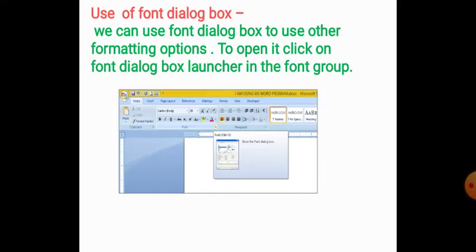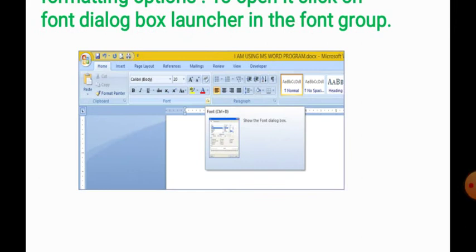Use of font dialog box. Children, if we want, we can also use the font dialog box to use other formatting options that are available with the font dialog box. And to open the font dialog box, what we have to do? Just we have to click on the font dialog box launcher.